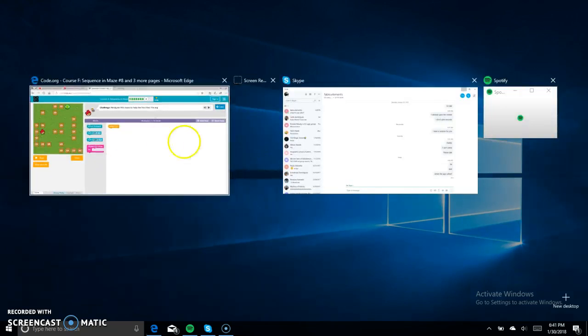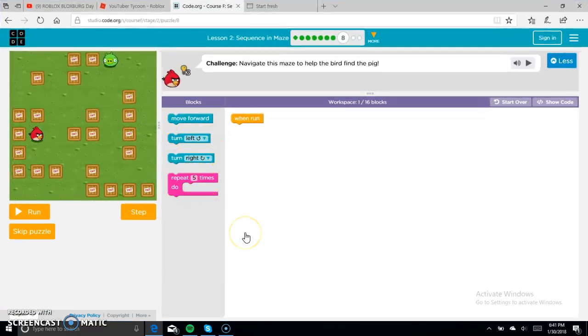Okay, I memorized it. So forward. Oops. Okay. Forward. Left. Forward, forward. Forward. Wait, move forward, turn left. Move forward, move forward. Turn right,